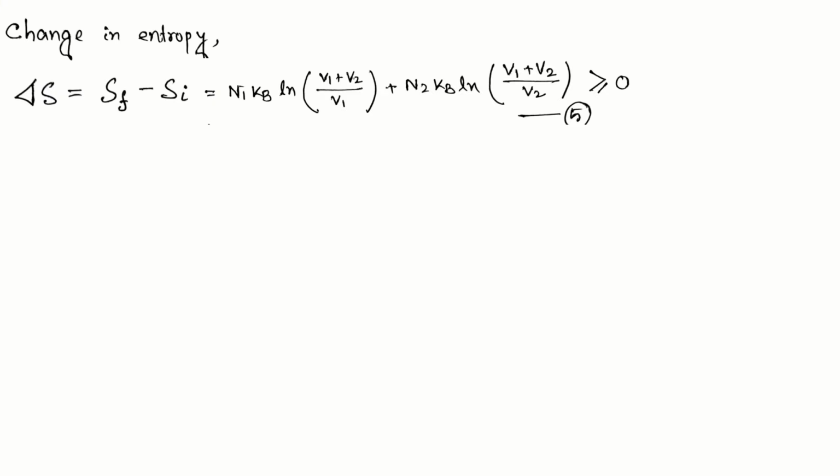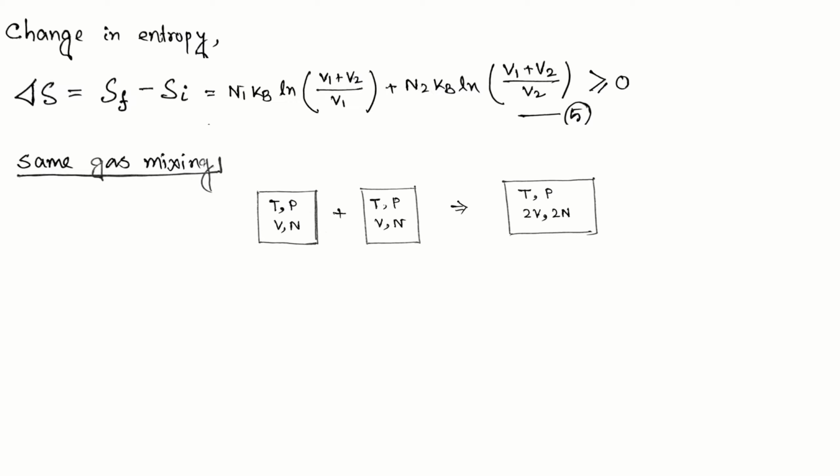And this is also fine and makes sense because when you are mixing two different types of gas, they will mix and it's like an irreversible process. So entropy is increasing here, which is making sense also. Yeah. Now we will take same gas mixing. I mean, before we were taking two different types of gas in two containers. Now we'll take the same gas in two containers and we'll see what is happening here.